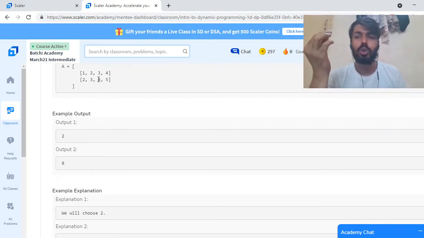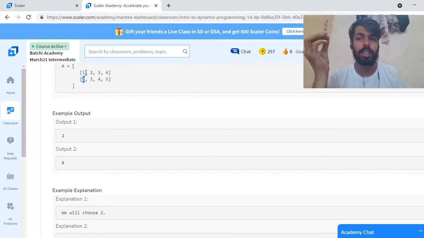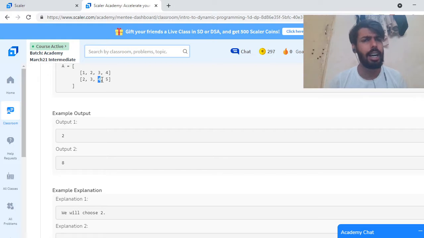Or suppose I want to choose 4, then I can't select this 3, 2, 3, 4, 3 and 5, but I can select this or this if I select 4. So as per the question, we can't select adjacent diagonal, vertical or horizontal elements, and our aim is to find the maximum sum without choosing such elements.